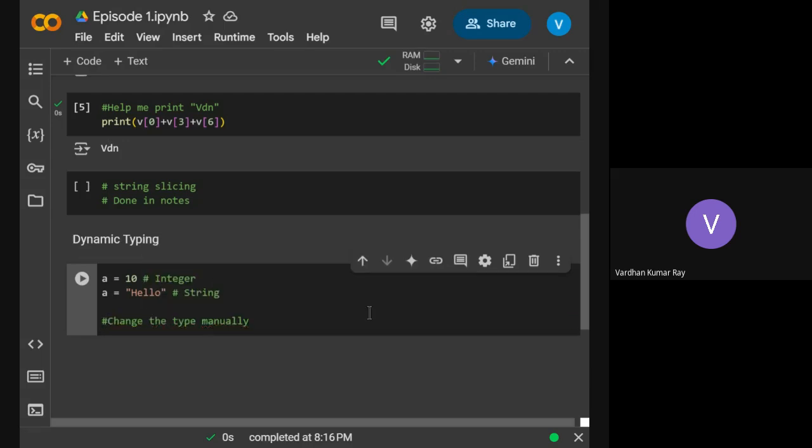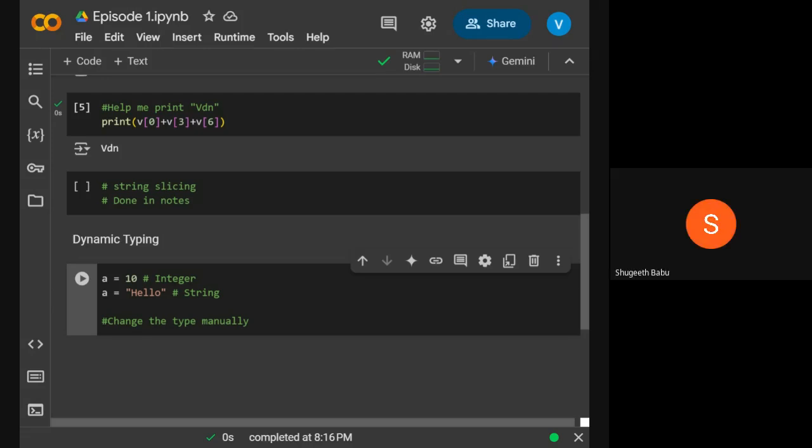Yes, somebody raised a hand. Generally in C and other programming languages, we give the data type as int. We give the data type, but here you're saying we will dynamically change. The question is, for an int there's a specific size, and for a float there's a specific size getting allocated. How does this happen? Again, in Python you need to go back internally to what I talked about. Variables are something which point towards some space. It's a named location, to be specific. Originally it was pointing towards a space which had stored the value 10. But now that arrow has just switched to a place which has stored the word hello.